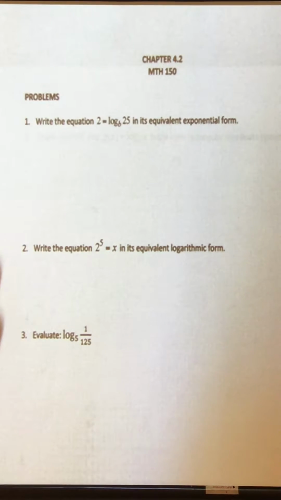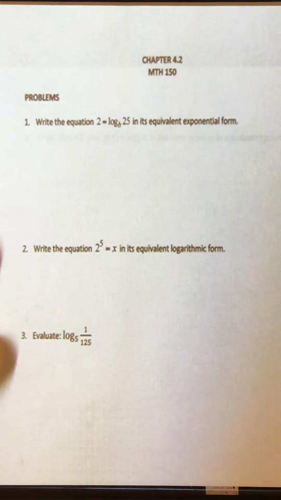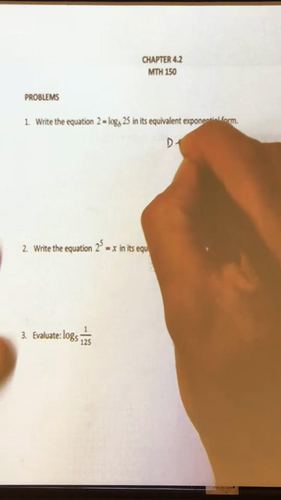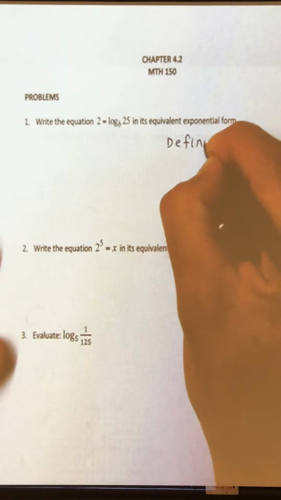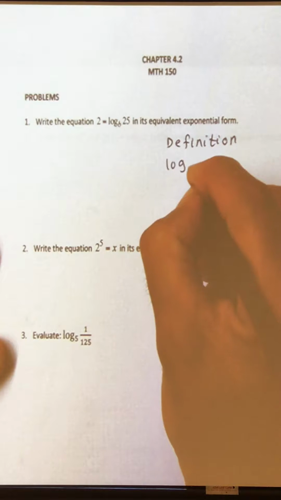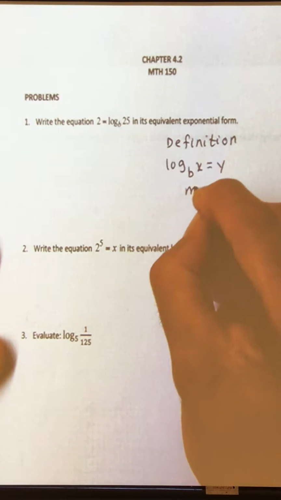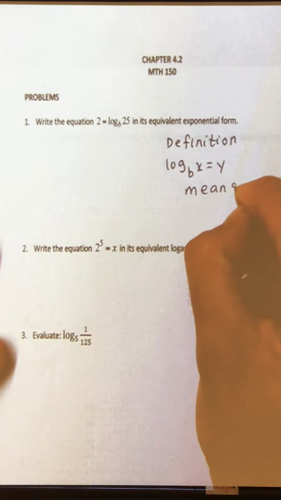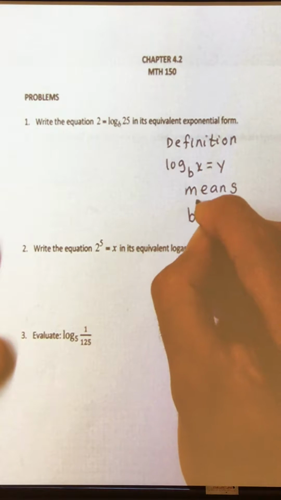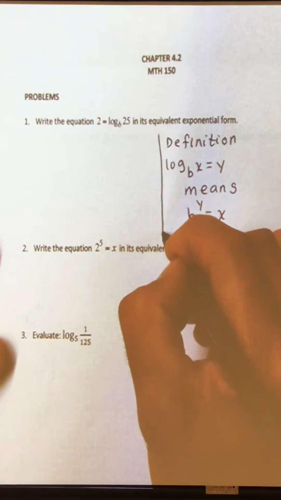Section 4.2 exercises. Problem 1. We're asked to write the equation log base b of 25 equals 2 in its equivalent exponential form. So to do this, we will use the definition that log base b of x equals y is the very same thing as its equivalent exponential form, b to the y equals x, and we will use that to do all